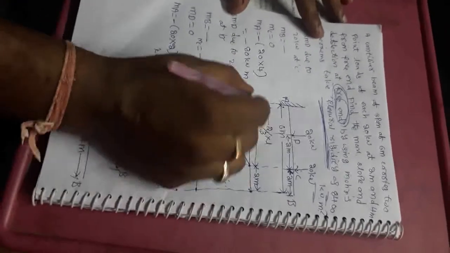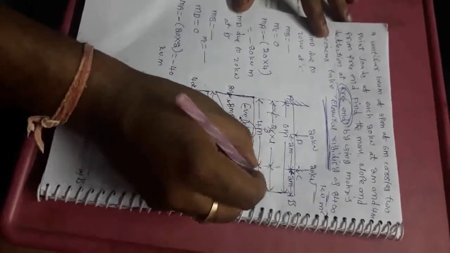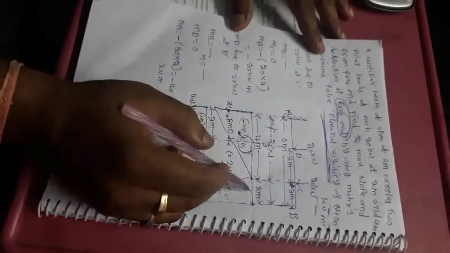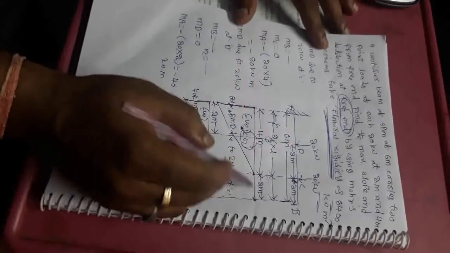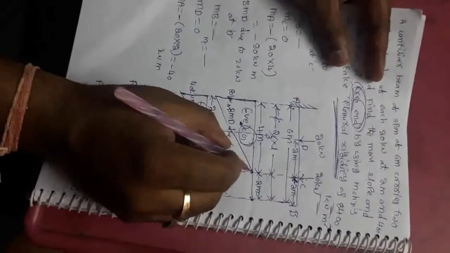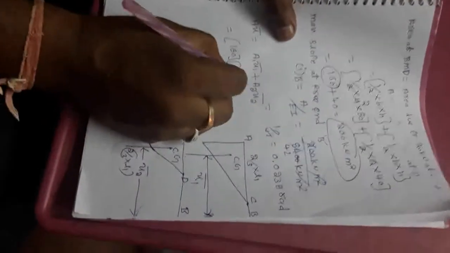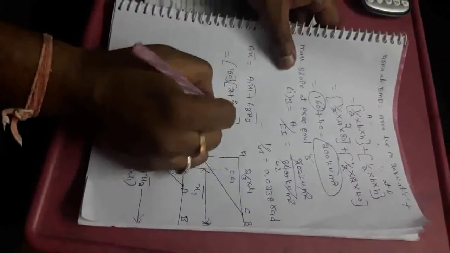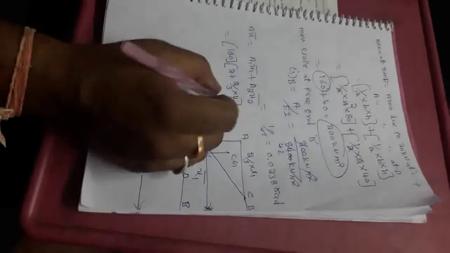So from B to the center of gravity is 2 plus the distance from C to the center of gravity. The distance between B and C is 2, so 2 plus x1 bar. X1 bar is the distance from C to the center of gravity, which is 2 by 3 into L. L is nothing but 4. So this is the x1 bar plus A2.